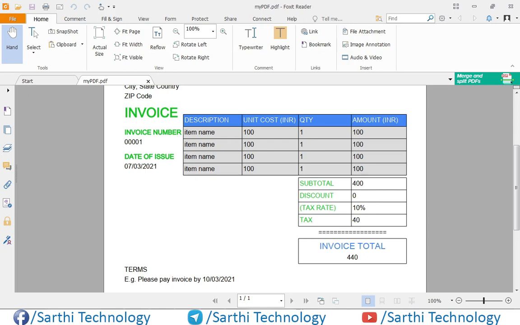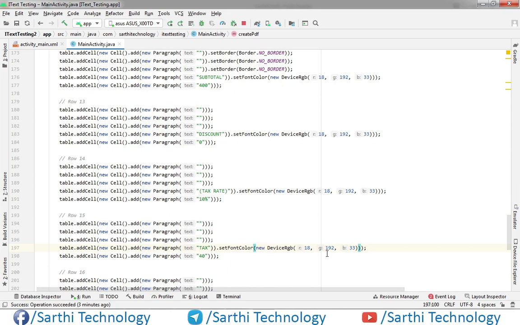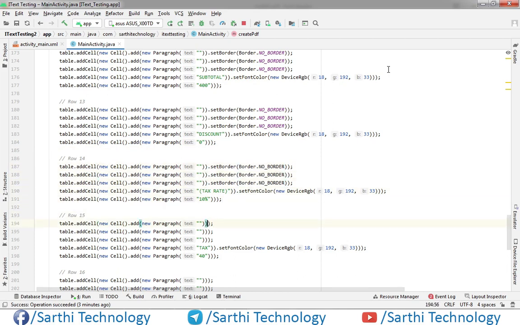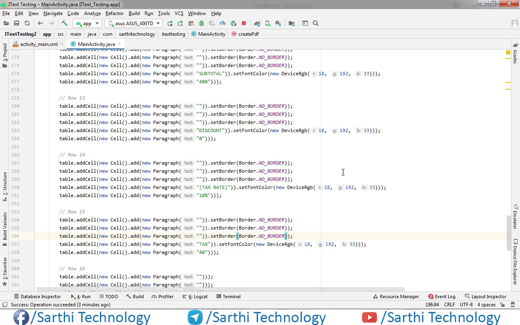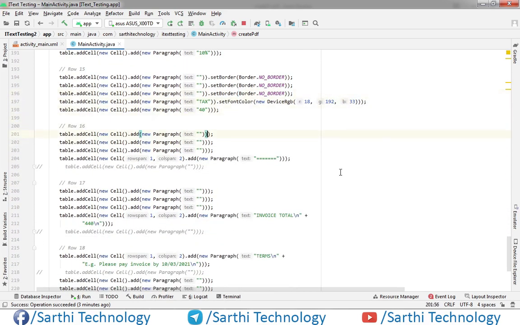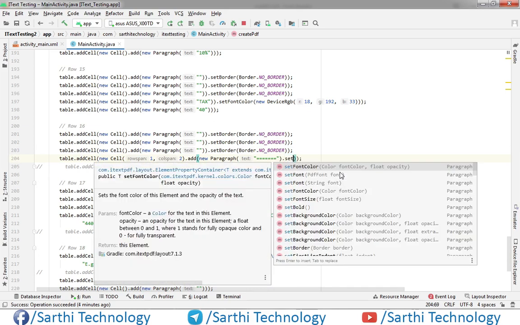So now we need to set something here. Also before that these should be no border, so just copy this no border here, paste, paste, okay, and dot set alignment.